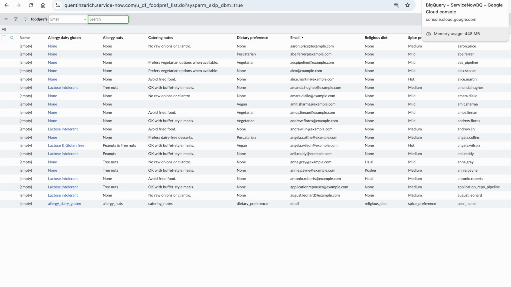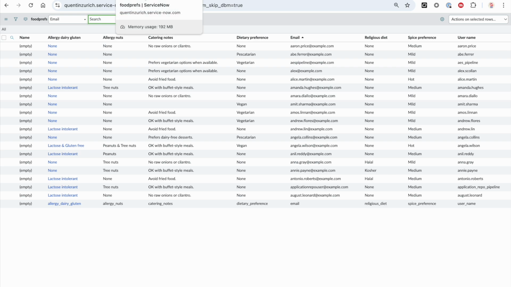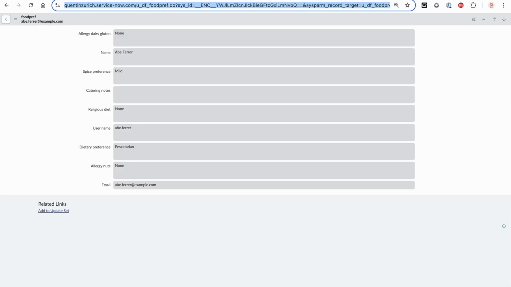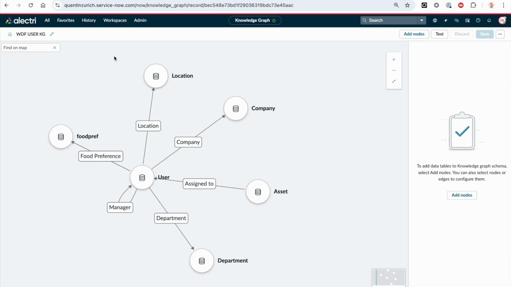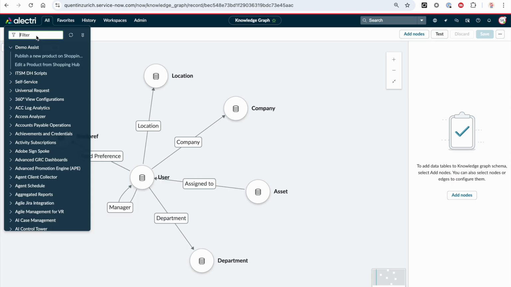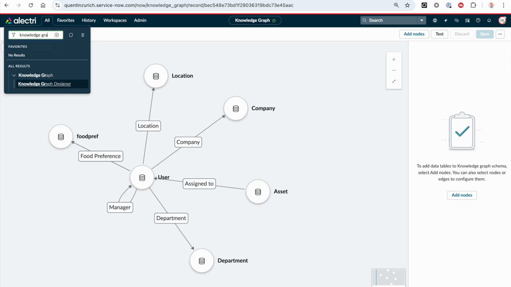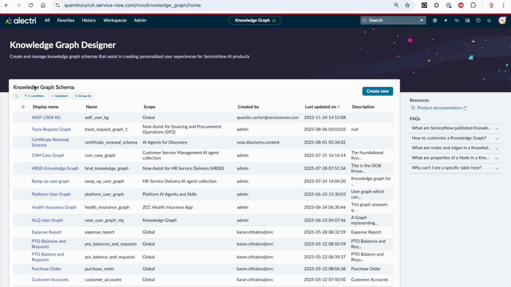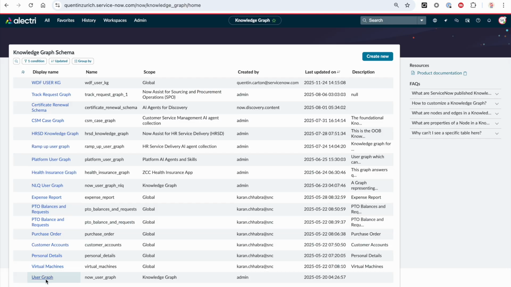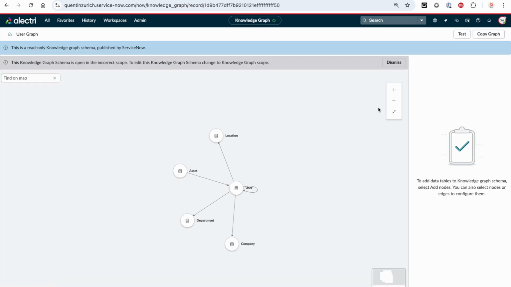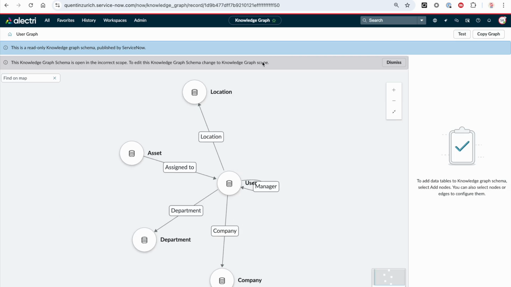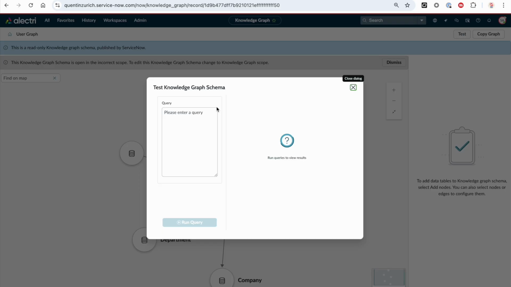With that information, what do I want to do? I want to be able to query it from a knowledge graph perspective. So I went into knowledge graph. Hopefully, I'm going to show you what I've done pretty much step by step. For this example, I've reused an out-of-the-box knowledge graph that was a user graph here. So I went here and did copy graph. That knowledge graph, you can use it to query information such as, I'm not sure if this is going to work, who has